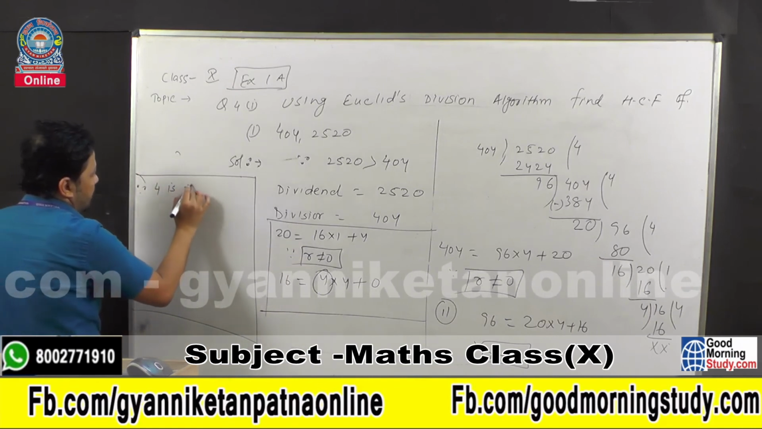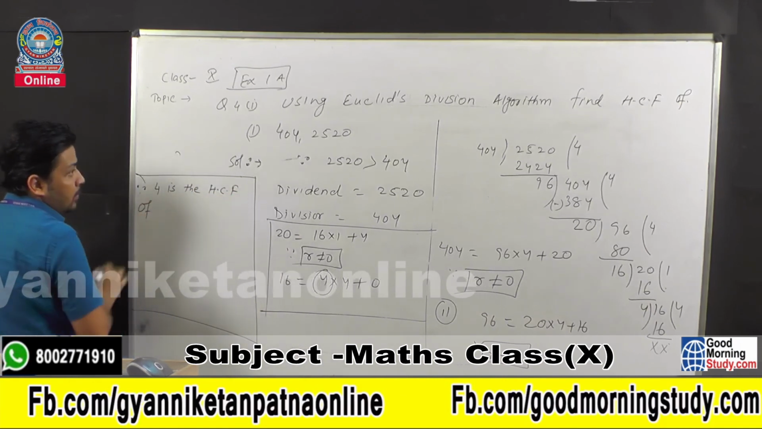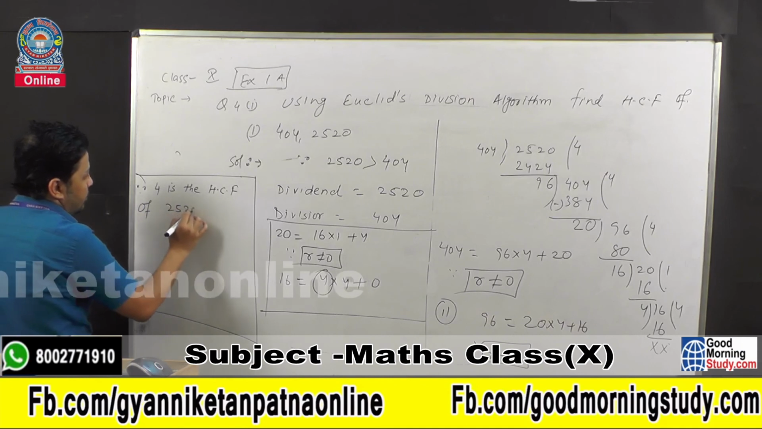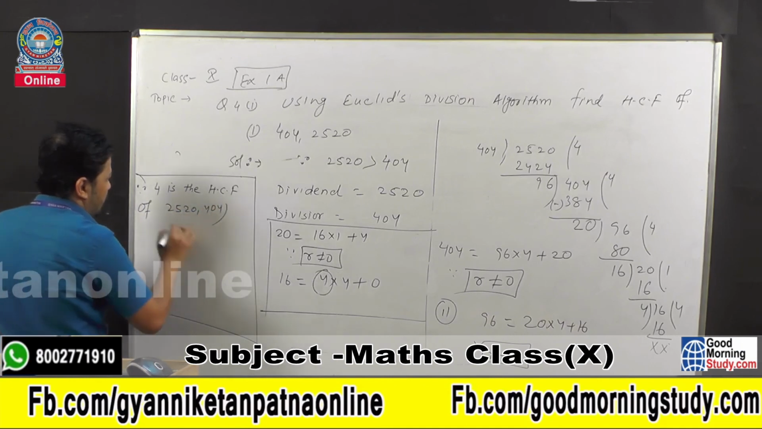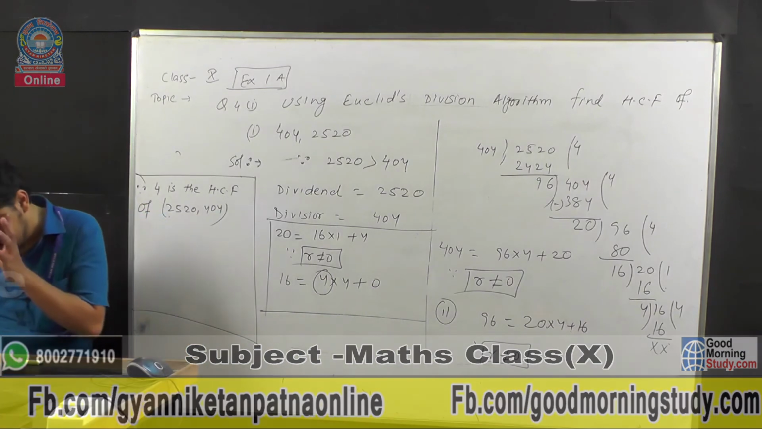Since 4 is the HCF of 2520 and 404. अब आंसर एक बार चेक कर लेते हैं, ठीक है।